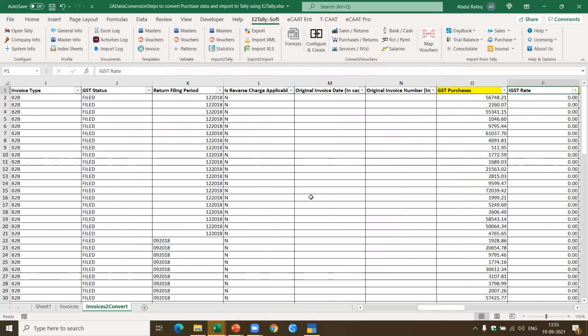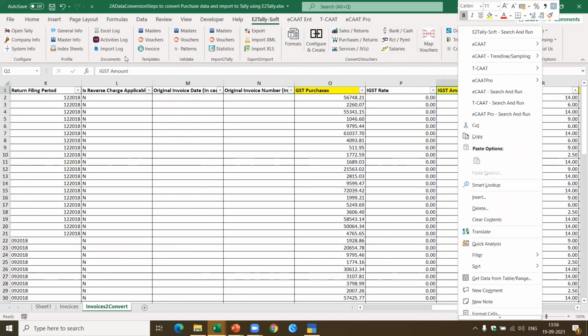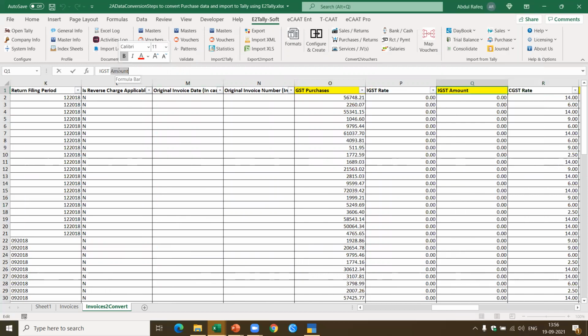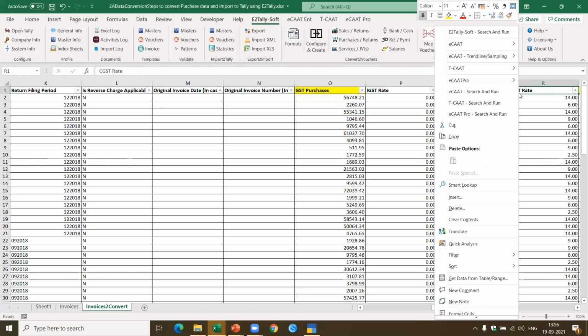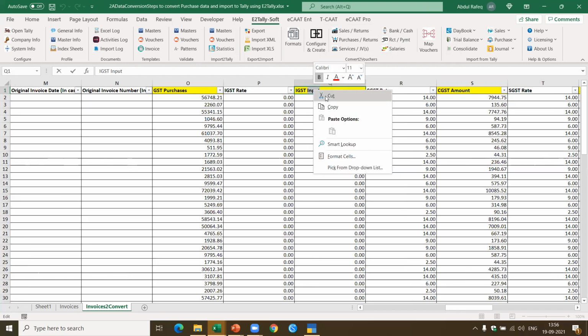Okay. Similarly, I got this IGST amount. I can give it as IGST, or I can call it input IGST. Similarly, I got the CGST amount. Now this is the name I have given in Tally. So let's say I'm going to give this as input IGST.